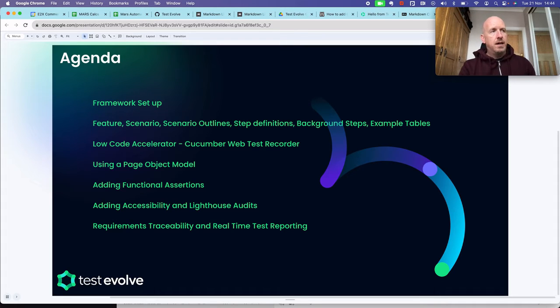So we have the ability to add accessibility checks and Lighthouse audits, for example, as well as visual testing checks, to these tests that you've just created, right? So you've just built a functional automated test. How can you now start to get maximum reuse from that test for different types of testing in different verticals